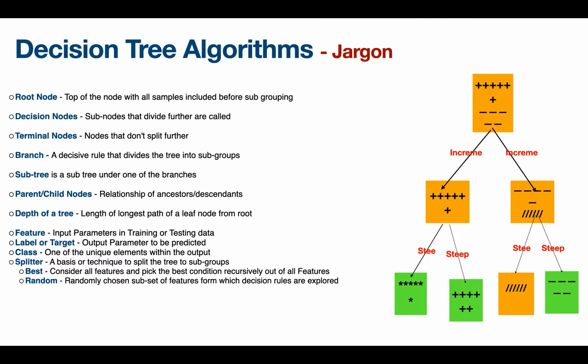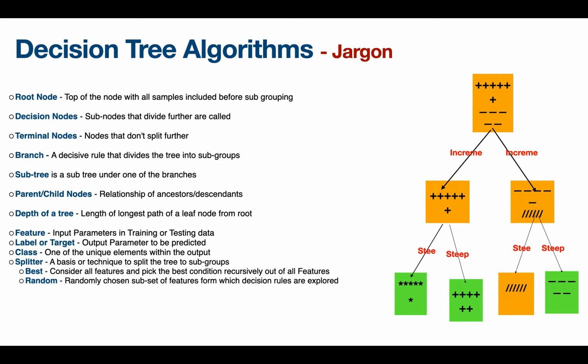We normally come across different types of splitting, different techniques. One is best, and one is random, right? So best basically means the algorithm looks at all the features and tries to learn which feature to pick, and what is the feature that is giving the best reduction in cardinality. So it will try to figure out by itself. It will try to consider all the features. That's when it is best, right?